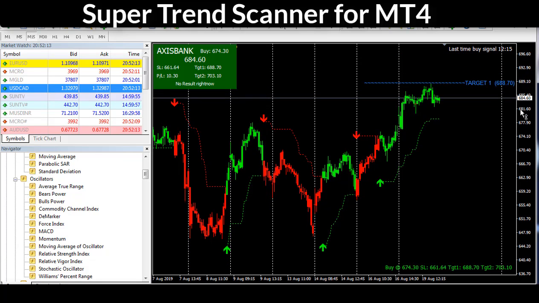Now I have clicked on that and you can see it is showing me the particular chart of Axis Bank, and it is showing the signal: buy came at 674, stop loss is 661 and target is 688.70. Now I'm coming to the dashboard. Here in the dashboard also you can see that it has given a buy signal, current market price is 684.60.